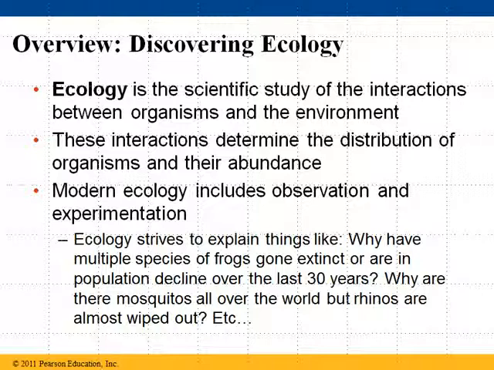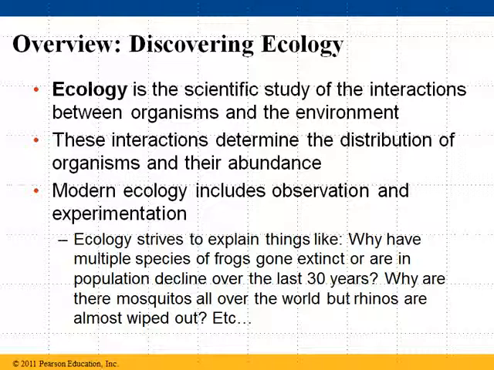Modern ecology includes observations, which in the past really would have been all of ecology, simply going out in the field and observing living creatures. I think, for example, of some of the scientists who went out and observed the orangutans and chimpanzees and gorillas, Dian Fossey and some of those researchers who studied those types of creatures. They did a lot of observation, but they didn't really do a lot of experimentation. Well, modern ecology mixes both observation as well as lab-setting experimentation.